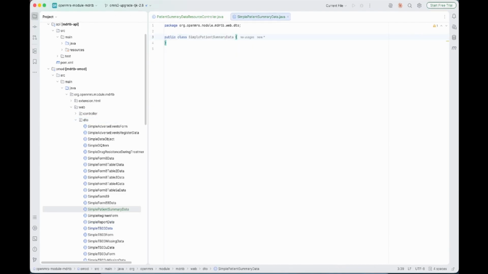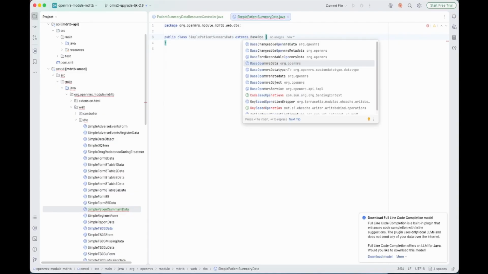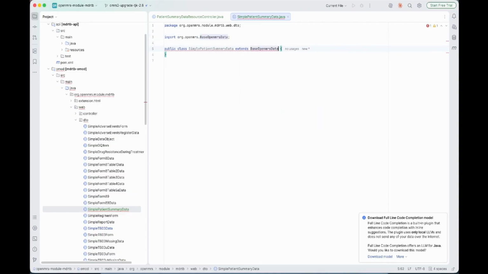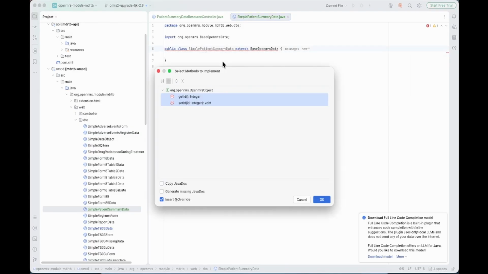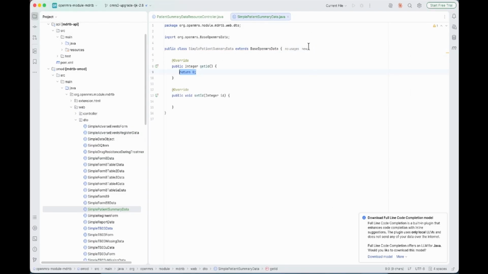This simple patient summary data is going to extend base OpenMRS data class. It's going to complain about the methods that were not implemented. We also need a serializer here. We're going to say private static final long serial